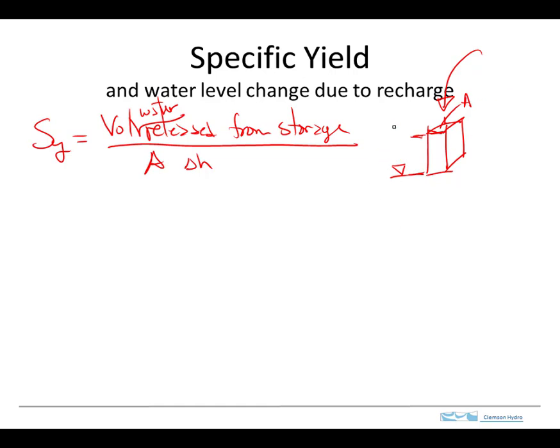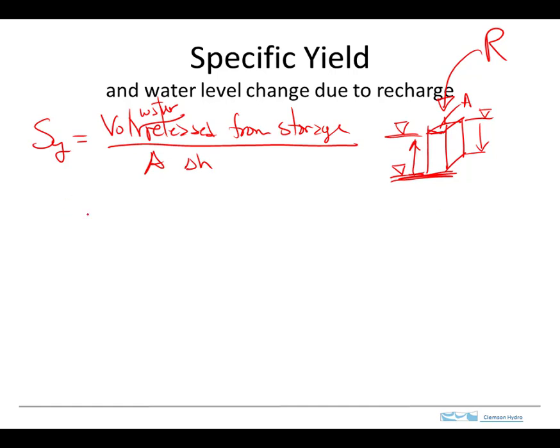with the water table here, and we add some recharge, and the water level rises to here. Okay, so now we have an increase in the water level instead of a drop. Well, we might imagine that if we started at this level and then we dropped it down to here, we would give up a certain amount of water. And then if we added that water back, assuming everything is ideal, then the water level rises back to the